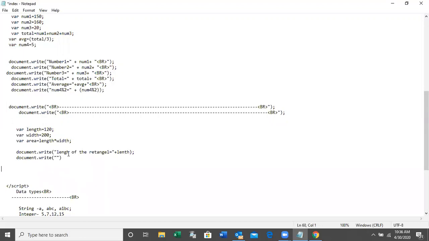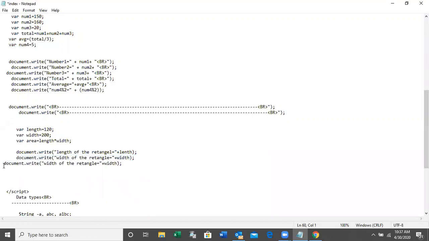Length of the rectangle, width of the rectangle is equal to, using the plus operator to join the string with the variable name width.